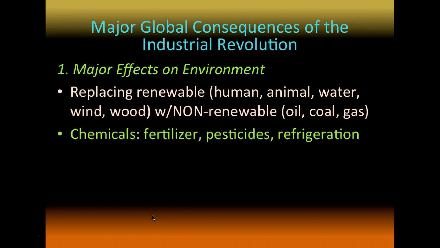We also created chemicals, and this is fertilizer to make things grow bigger and better, pesticides to keep bugs and animals away from our food, and refrigeration. And now refrigeration is really important because it allows goods to move from one part of the world to the next without rotting, like meat and foodstuffs. Especially when we put a refrigerator onto a train, we can get goods from one side of the world to the next pretty quickly, or one side of certain parts of the world to the next. But of course, chemicals are a huge toll on the environment.